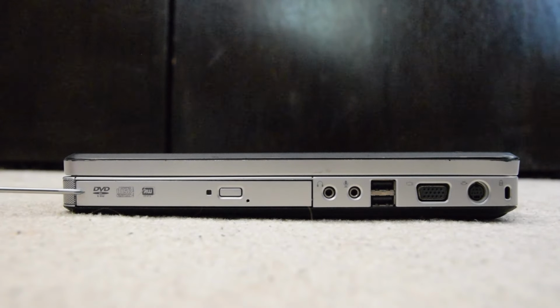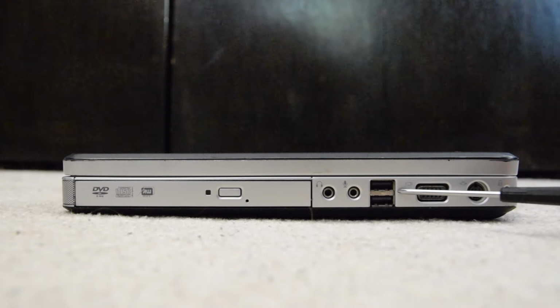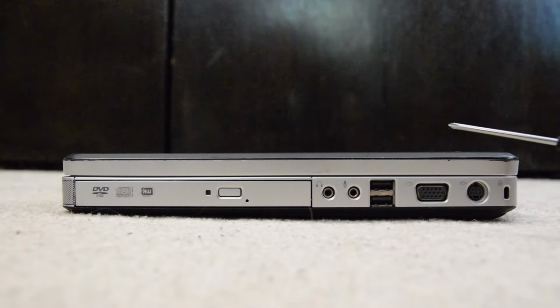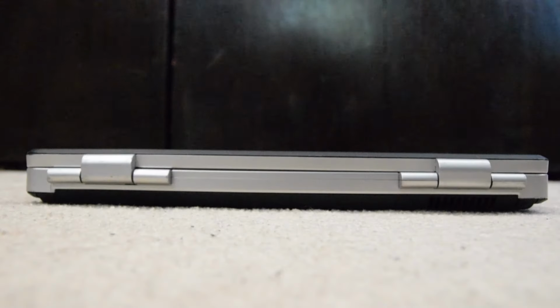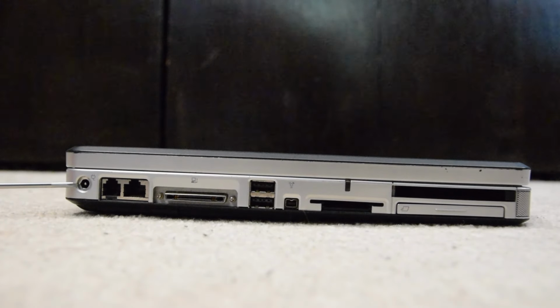On the right side of the laptop we have the DVD-RW drive, headphone and microphone jacks, two USB 2.0 ports, VGA port without the screws, which is a little disappointing, S-Video port, and the Kensington lock slot. On the back we have the cooling vent, and on the left side of the laptop we have the DC